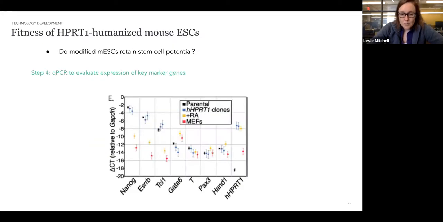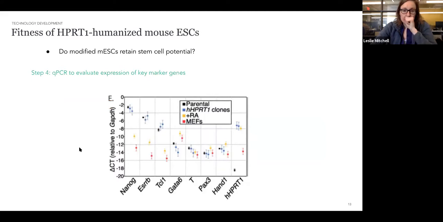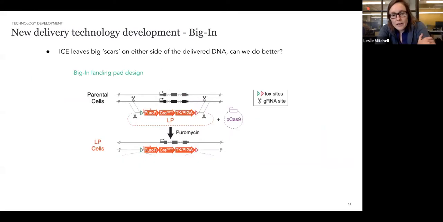So the next question was, I'll just go back to this slide, the product of this delivery, while very exciting that it's a relatively high-efficiency method for getting these up to 100 kb DNAs into cells, and indeed we've shown larger deliveries than that at this point, you're left with these big scars on either side of the delivered DNA. So another effort that's been ongoing is to design a scarless delivery system, nearly scarless I should say,